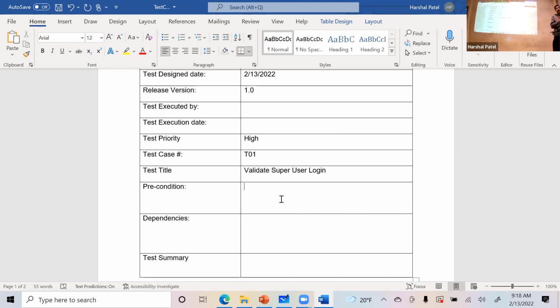So since we are saying that this is the scenario where we're going to validate with the right user ID and a password, so let's put a precondition that, hey, this super user